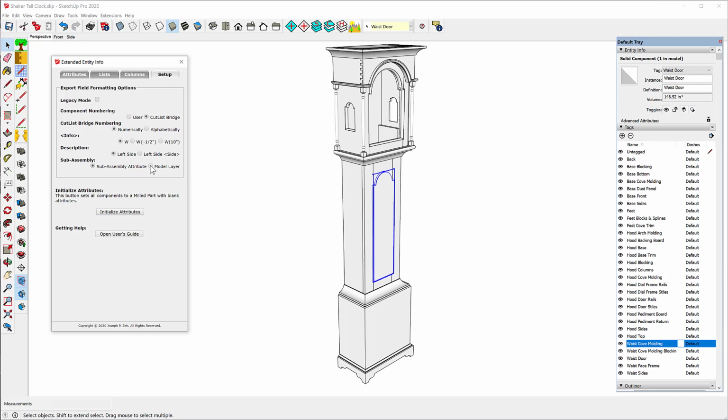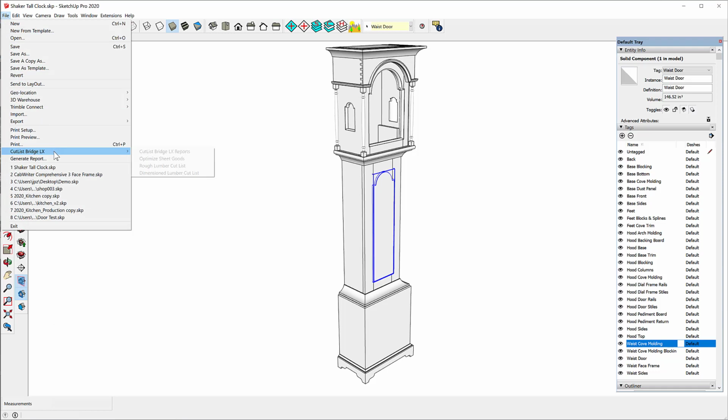That is, the subassembly name would be the name of the layer that it's on. So if I wanted to put an entire subassembly on a layer, then I could automatically name the subassemblies by just choosing this option. But these are the options that I'm going to choose. So now I can close this